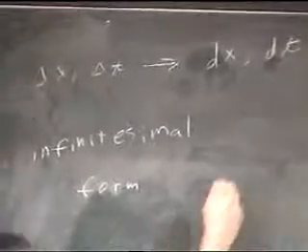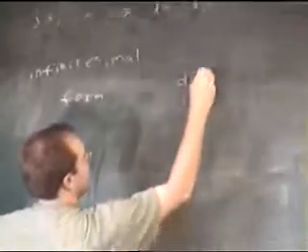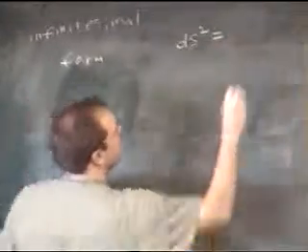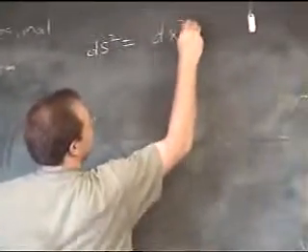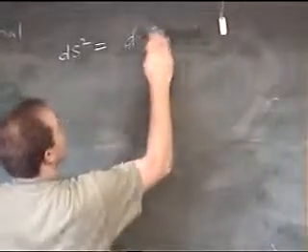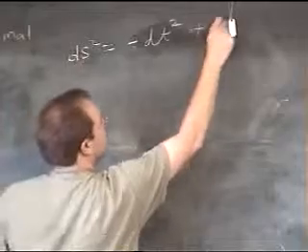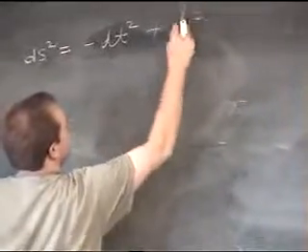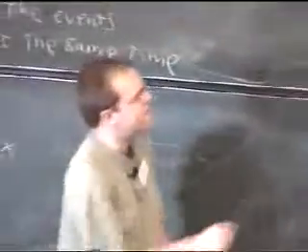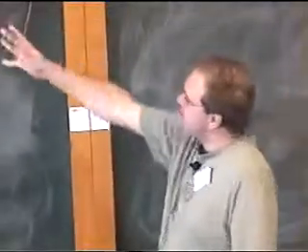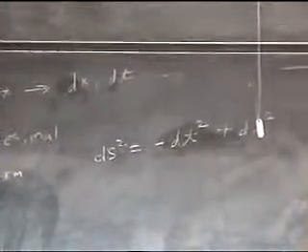Okay? So there we learn that if I have a tiny bit of proper distance, its square is given by dx squared minus, always write the dt first, minus dt squared plus dx squared. Where if it is not obvious to you what this means, we will see it illustrated in an example in a few moments. All right. So this is the fundamental equation from the point of view of general relativity, if you like, that